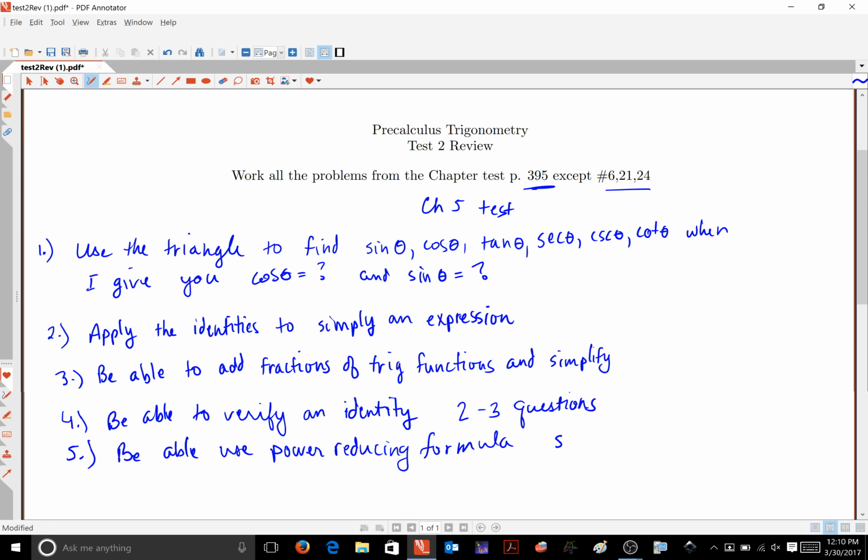This is going to be like if I give you sine to the fourth of x, you're going to rewrite it down into terms of cosine x, or cosine 2x or cosine 4x, whatever it needs to be. You're going to have to solve an equation